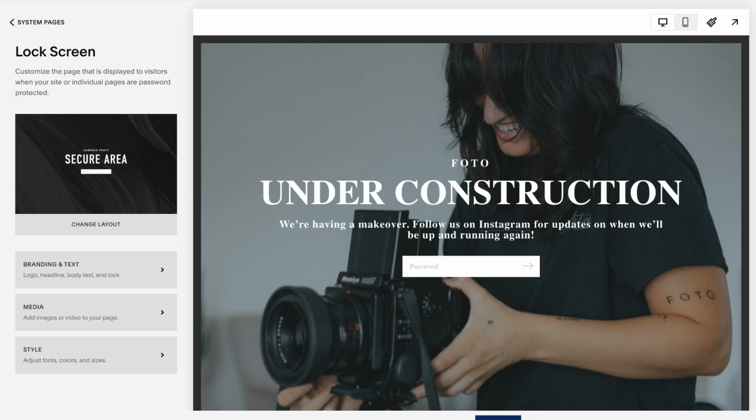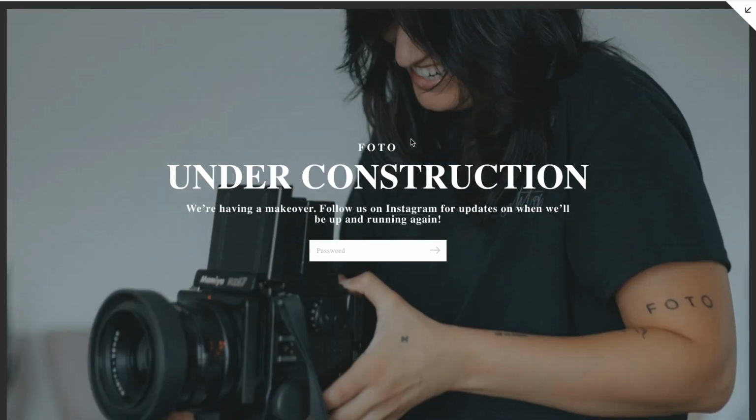So if you're getting ready to revamp your entire website, or maybe you just need to make a bunch of edits, you might be thinking about what you're going to do while your website is still a work in progress. It can be a designer's worst nightmare to think that a potential client or customer might see your website while it's still being tweaked. But thankfully, Squarespace makes it super easy to add a site-wide under construction page to your